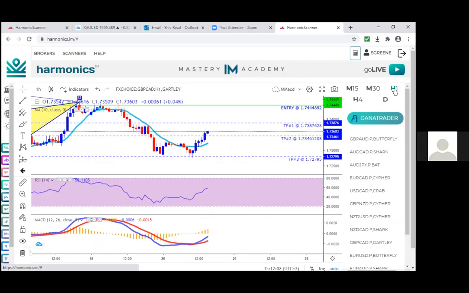So if it's on an hour 1, you're looking for 20 pips take profit, and your stop loss will be 30, okay? 20 pips TP, stop loss 30. If you're on the 15-minute, you're looking for 10 pips TP, 20 pips stop loss. Some people within my family do 10 pips and 30, but to me that's quite a big risk. So I just do 10 pips TP, 20 pips stop loss, okay? So an example of this is right here. This one,